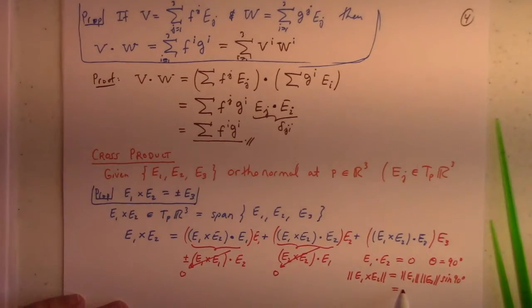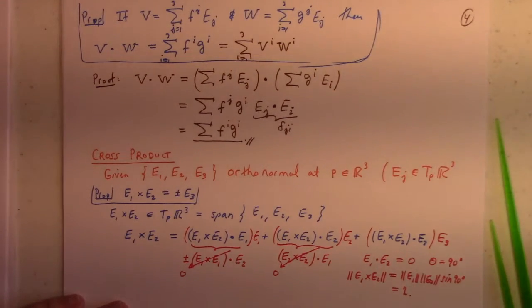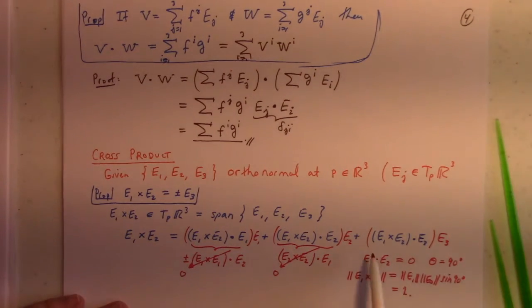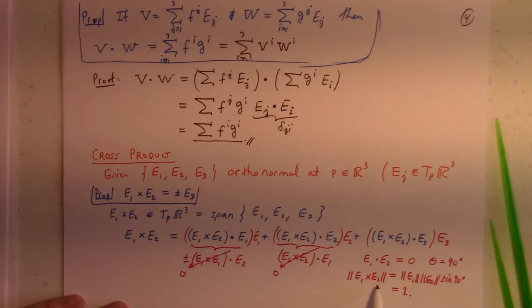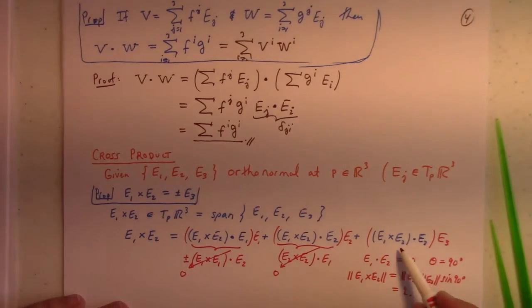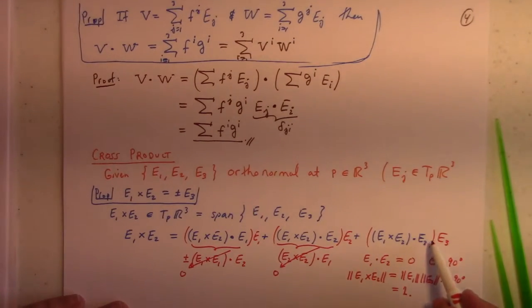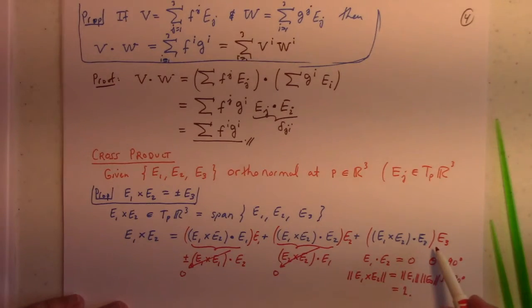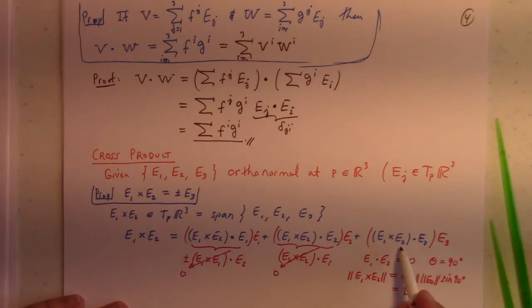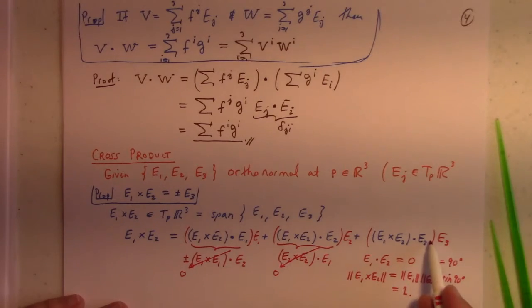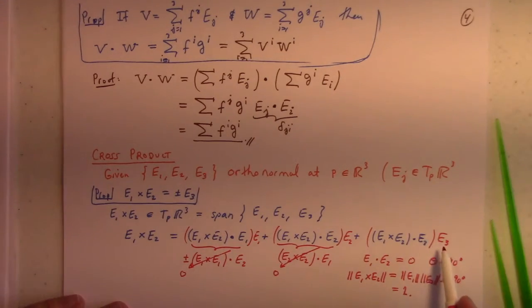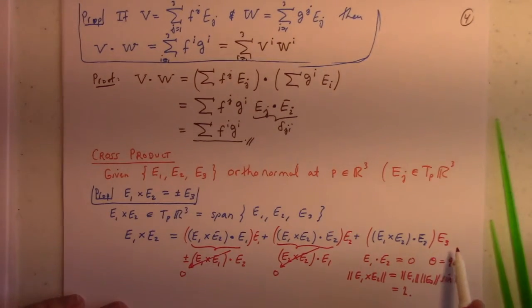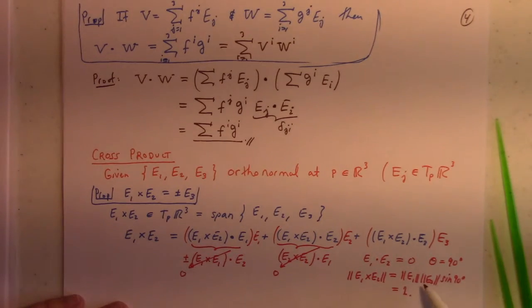Well, that's 1. Right? So the length of this is 1. So I've got a vector of length 1 dot with E3, right? So a vector of length 1 dot E3 gives me 1 times the cosine of the angle between,